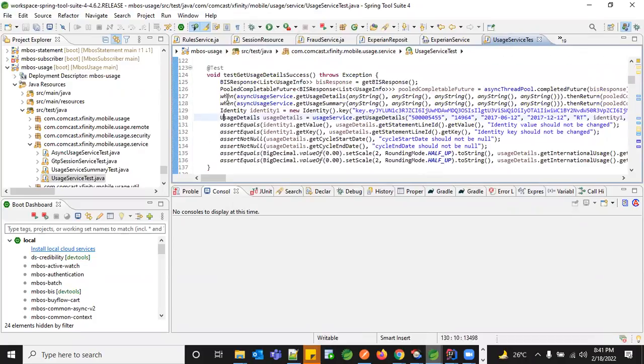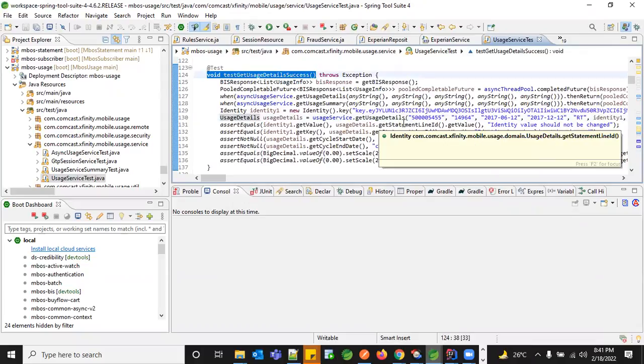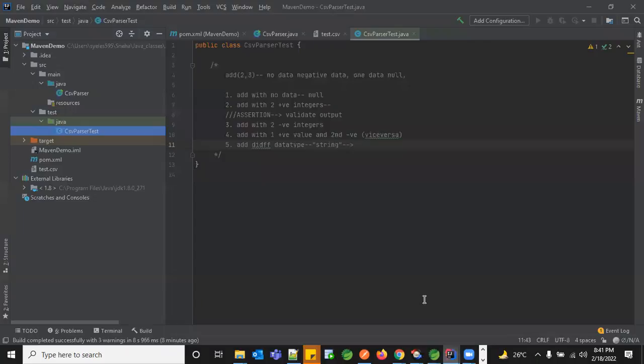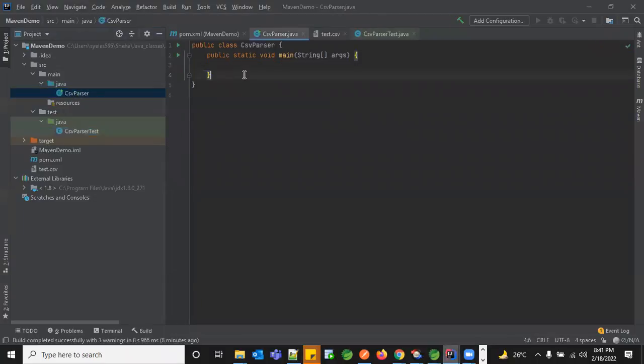Here, all your test cases will not have any return type, because internally you're going to call the actual service file, right? So let's say now in this CSV parser, I have, let's say, not a static but a normal method add, with int a comma int b.